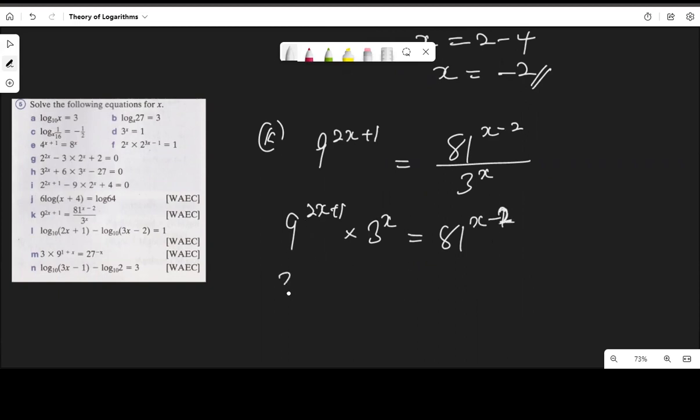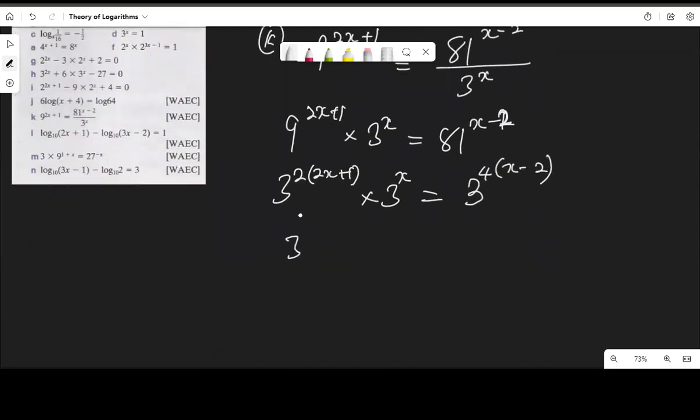Now reducing this to index form, that is 3 to the power of 2, then multiply by this 2x plus 1, multiply by this 3 to the power of x equal to, I'll reduce this to index form, 3 to the power of 4, then multiply by this x minus 2, which will give me 3. Now distributing, 2 times this is 4x, then 2 times this is 2, multiply by 3 to the power of x equal to, distributing this 4, I'll have 4x minus 8, so that 3 to the power of 4x plus 2, then plus this x,